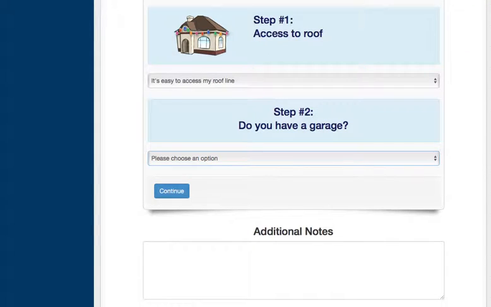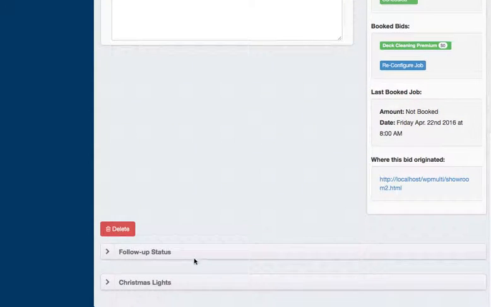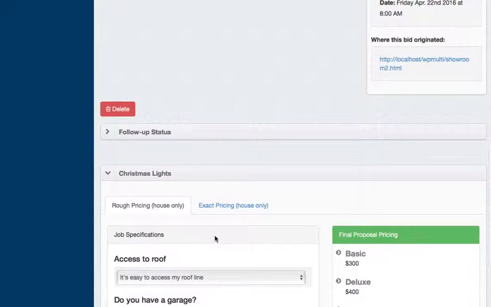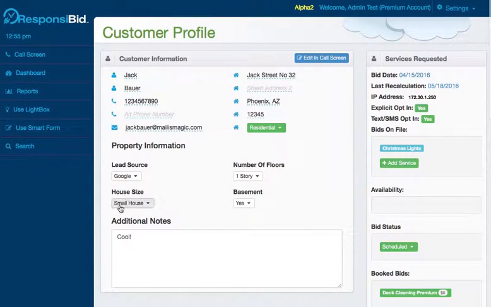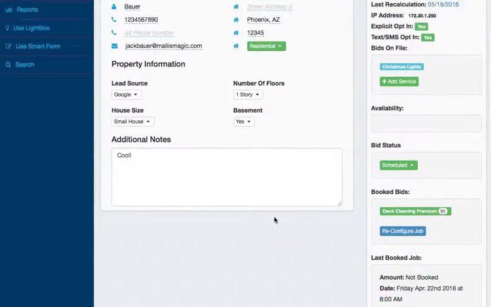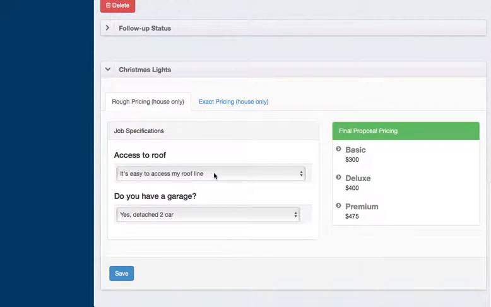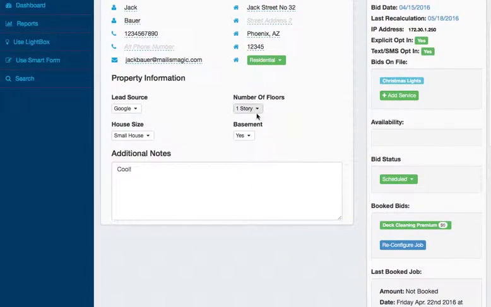So in my test bid, if we go to Jack Bauer again, you can see that in the Christmas light module, this person has a small house that's 1 story. You can also see that it's easy to access the roof line, and they have an attached 2-car garage. Well, if I went ahead, I know that this will cause a bid in person. If I make this a 3-story